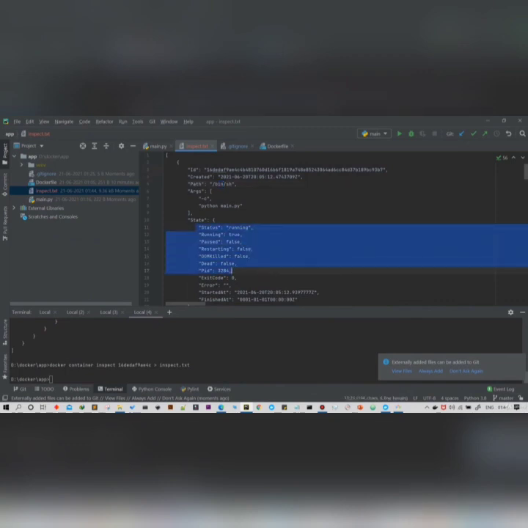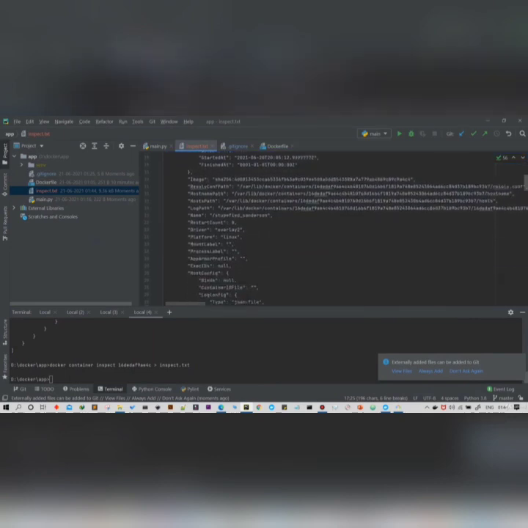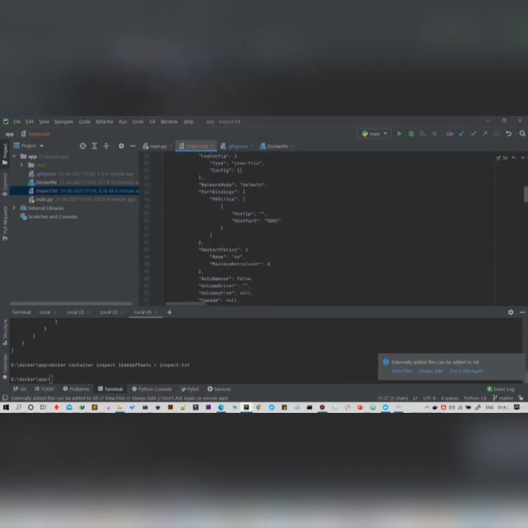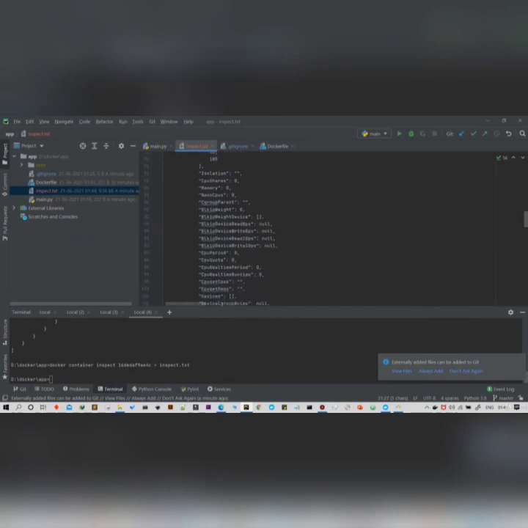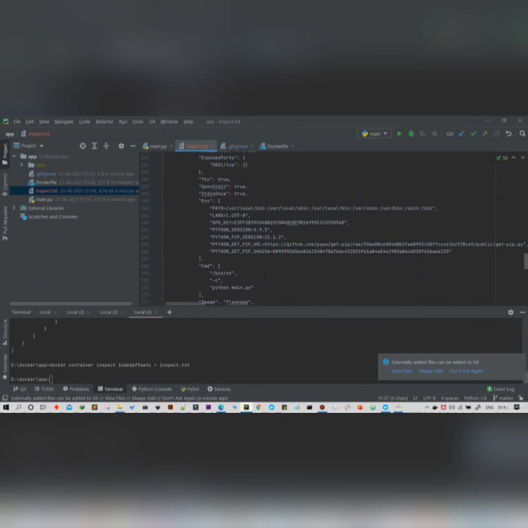It also shows the state, like whether it is running or how many times it has been restarted, and so on. Here it gives information related to the image, the host path, the log path, and the platform, which is Linux here, and the different kinds of labels you can find. I have not used the labels, but labels are very useful, so that you can attach labels to other containers and operate all of them with a single command.